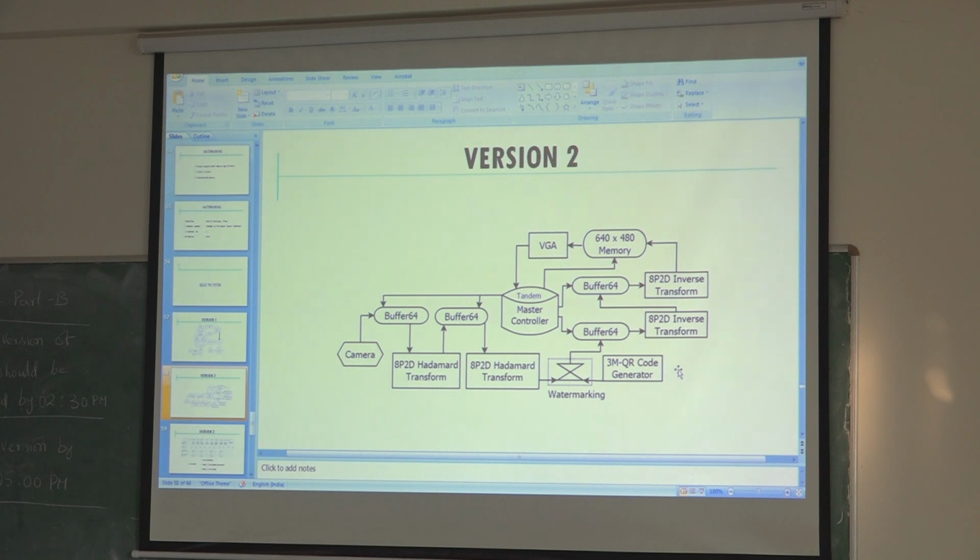That 64 again is a 2D matrix, so row by row only we are reading. So there also we optimize it. After reading row by row, we can directly send it to the VGA, in case of VGA or whichever encoding scheme.